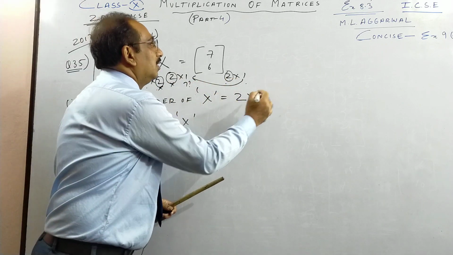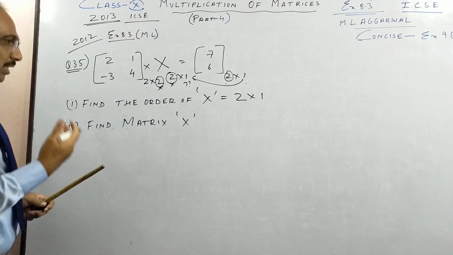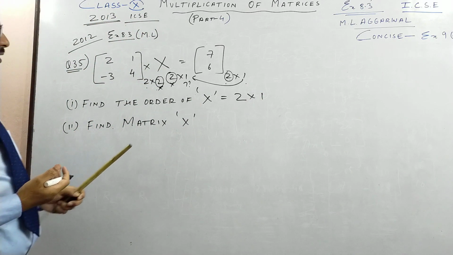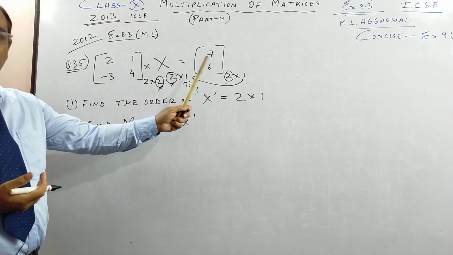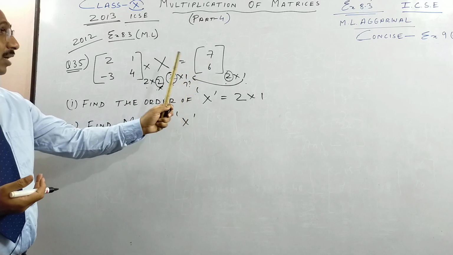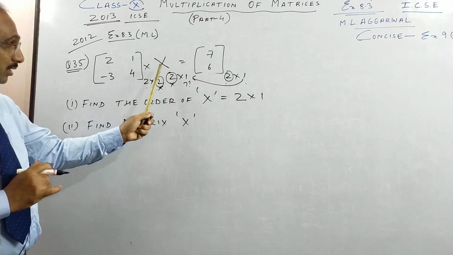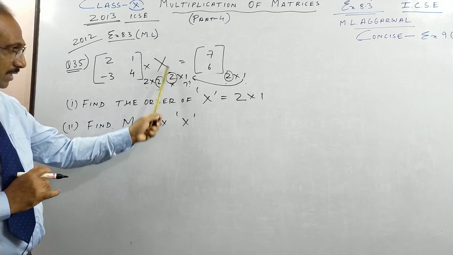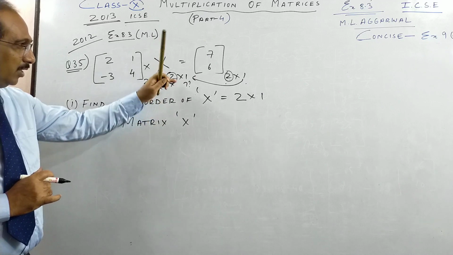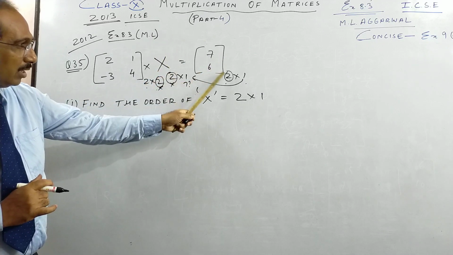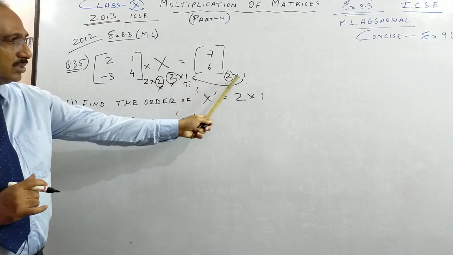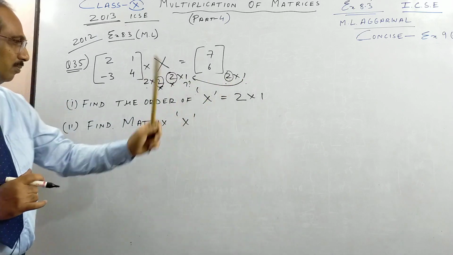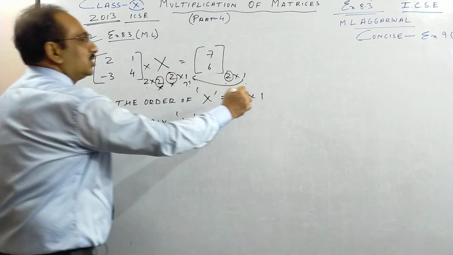One more sum I'll do, then you will see and understand this. So remember, don't compare this with this. As I was thinking in the beginning, I thought these two we have to multiply. No, this is the second matrix. So the column of the first should be equal to the row of the second. So this is 2. Mentally you cancel. What remains is this into this. So this is 2 by 1. So 2 is here, this will be 1. Now it's very easy. 1 mark for this you will get.